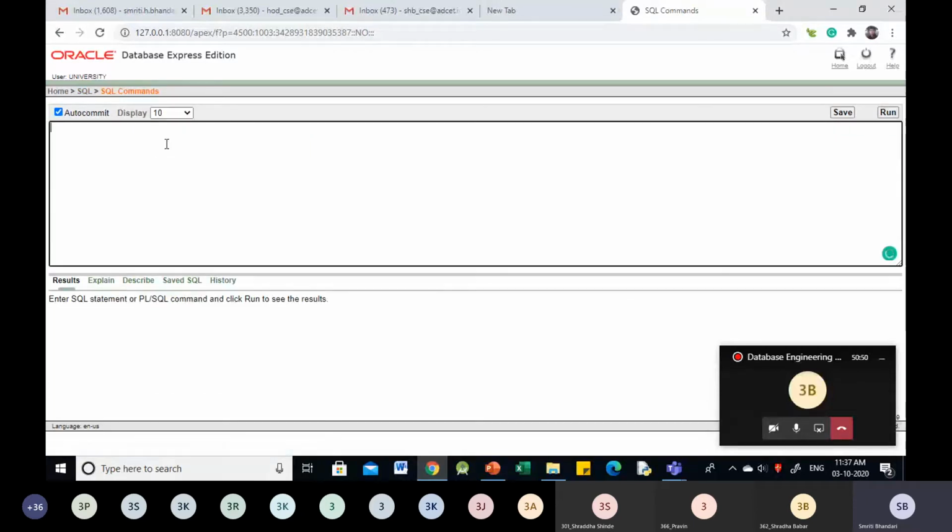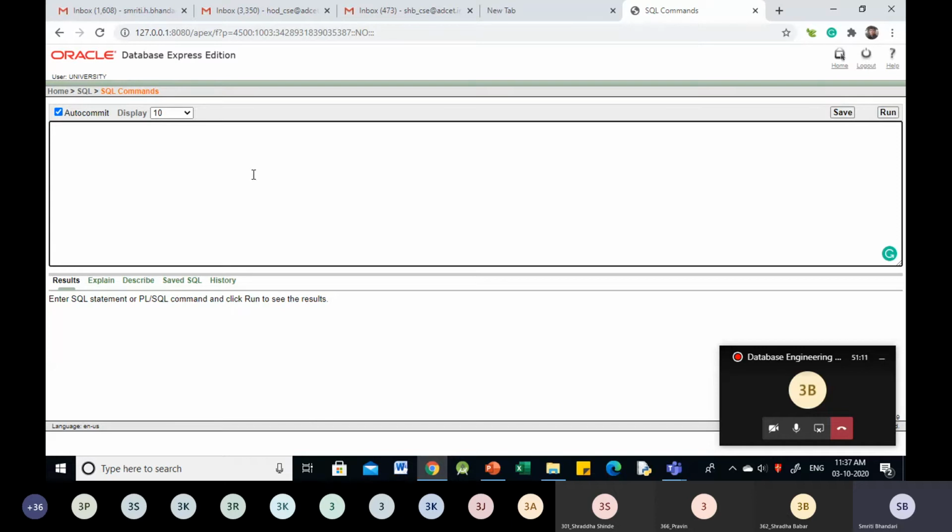So we have seen how the tuple can be inserted into the instructor table. So I'm going to write the same statement right now, but we will get an error for that, and then I'll explain why we are getting that error, and then I'll explain how to resolve that problem.